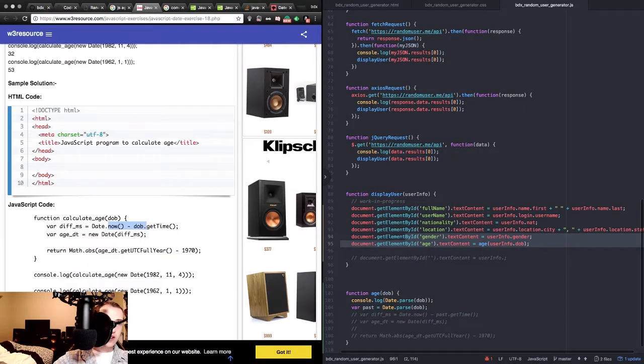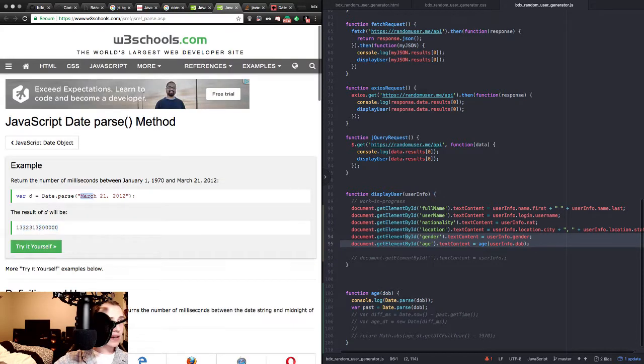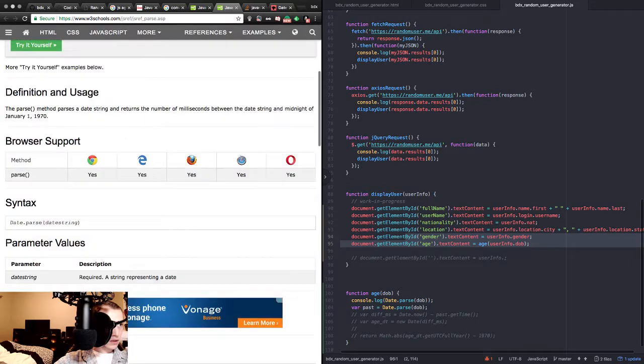Because I'm crazy, and it's probably unnecessary, and it might not be the most efficient, but looking at the couple things I've stumbled across, I think I should take the date and turn it into a string. I know it's already a string, but like an actual date like this. See here, March 21st, 2012, and when that gets parsed, it gets turned into this nightmare. So if I can do that,